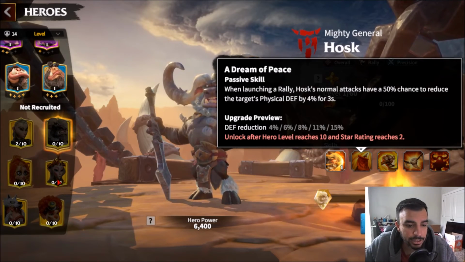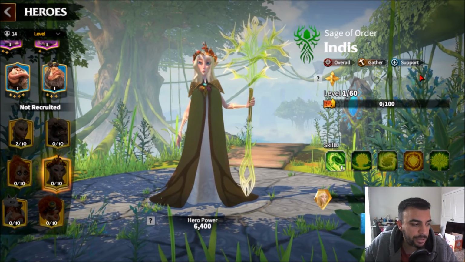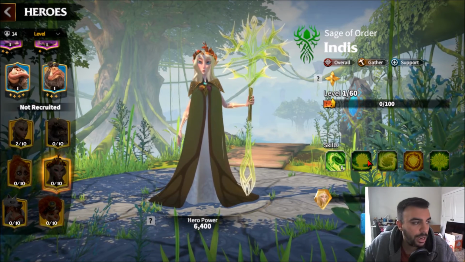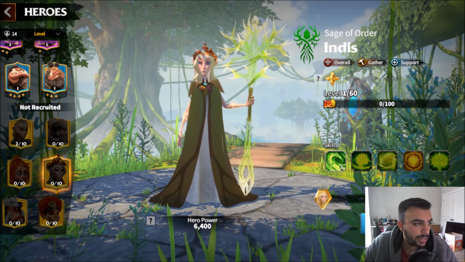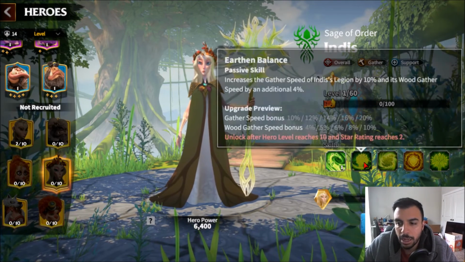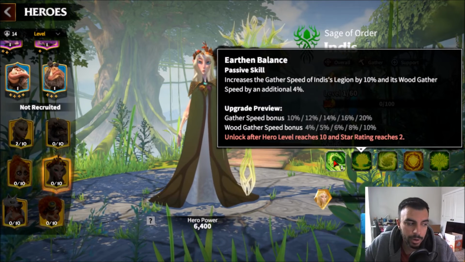Okay, then we get to Indis, which is one of the other new heroes next to Bakshi. Overall gather support. And I'm still in line with this as well. I still like the idea of 2, 1, 3, 4. However, I also understand how you might decide to do something different with her and just go first skill. But I like 2, again, for the gather speed bonus, the wood speed, and then going 1